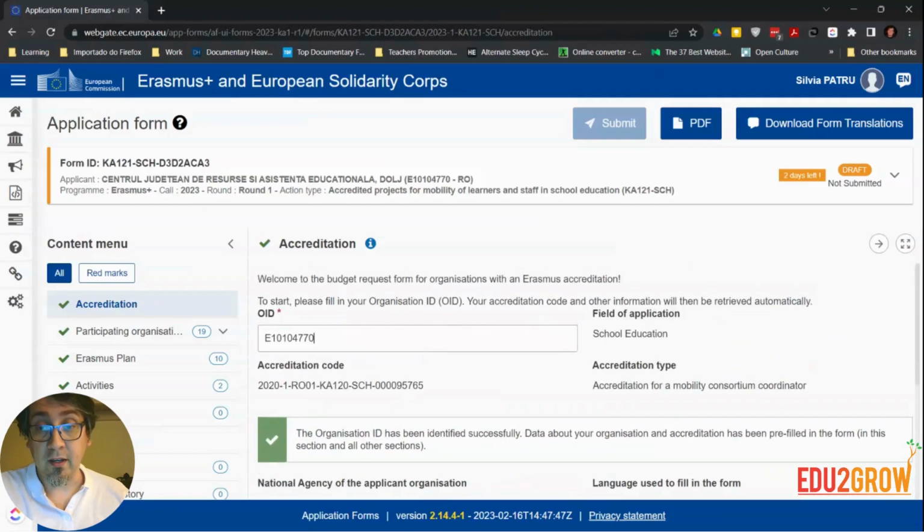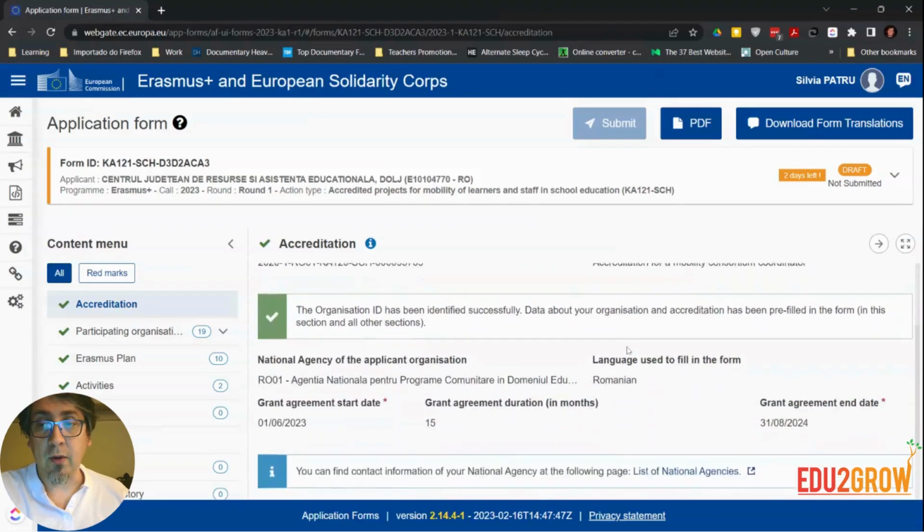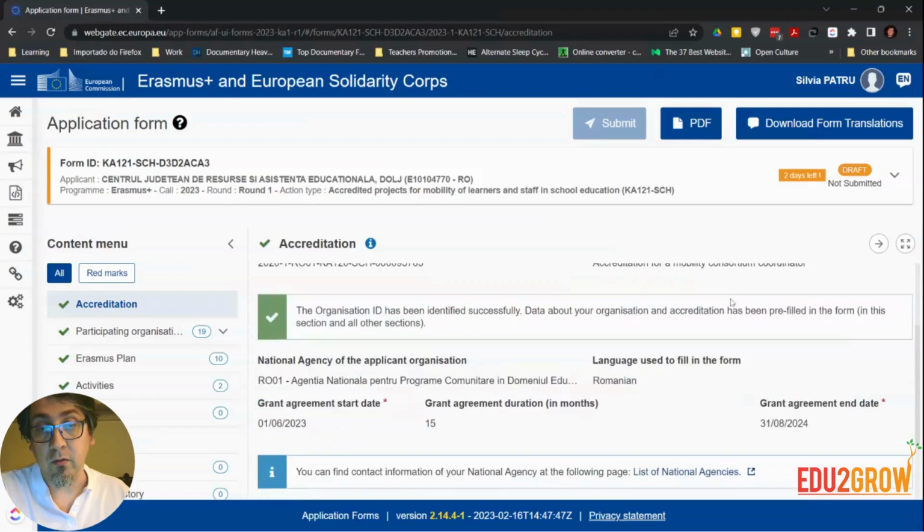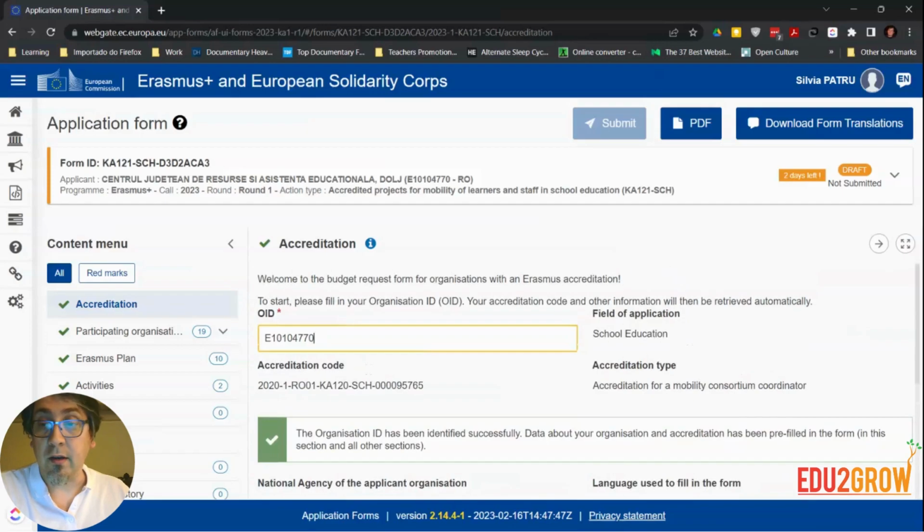You will place your OID here, and it will immediately recognize your accredited institution. If it doesn't show up, there is a problem with the system, and you should contact your national agency as quickly as possible for them to put the information there. But it should show up. Of all the things, this is not something that fails. Then you go to the second part,